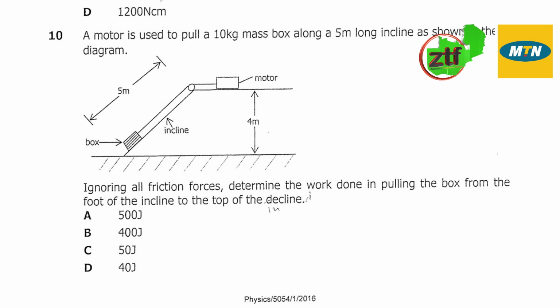Right, so the question says, ignoring all frictional forces, determine the work done in pulling the box from the foot of the incline to the top of the incline. You must understand, viewers, very clearly that work can only be done against certain forces. When you don't do work against certain forces, then there is almost no work done. So you can see that we are ignoring all the frictional forces that exist on this inclined plane. So we want to see how much work is basically done in bringing up this object to the top of that particular